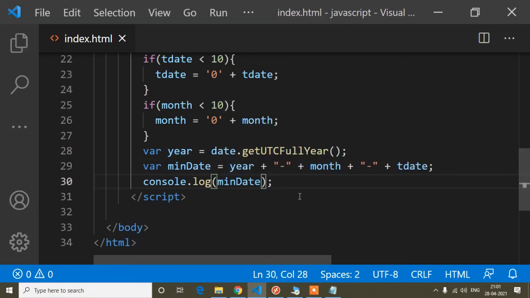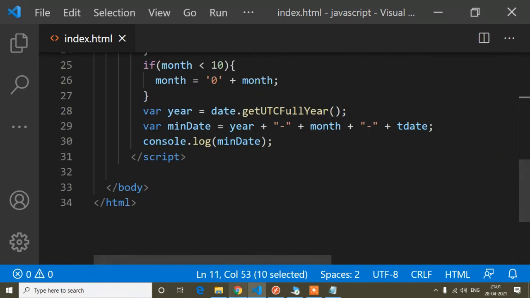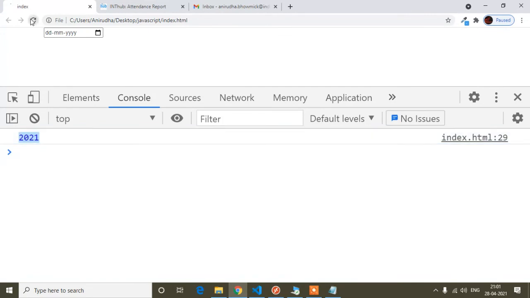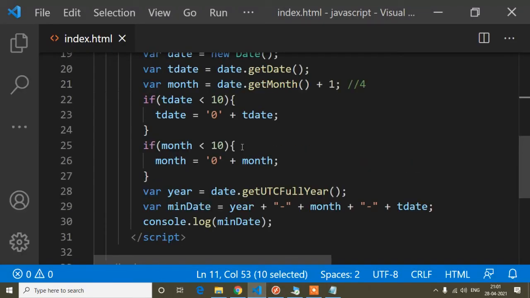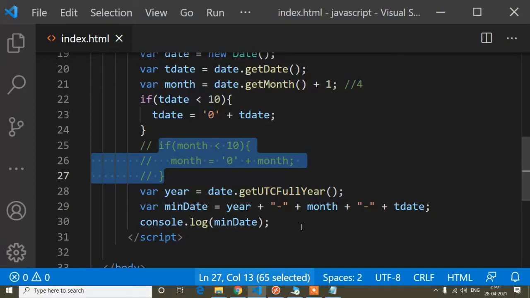Then I will check whether I'm getting this format or not. So now here I will just refresh. So you can see I'm getting a format like this. Okay, but guys, suppose I remove this month condition, let's check how I would get it.